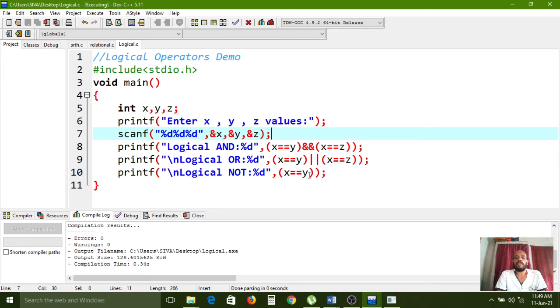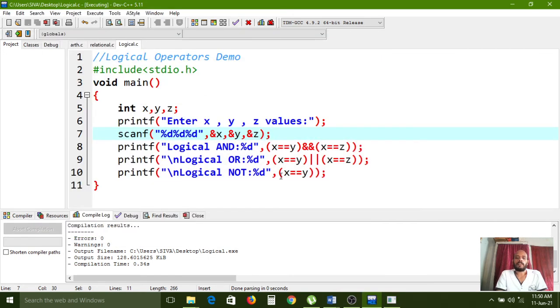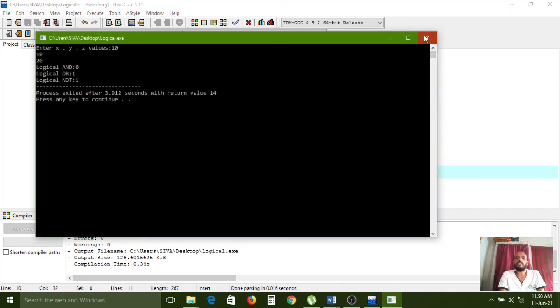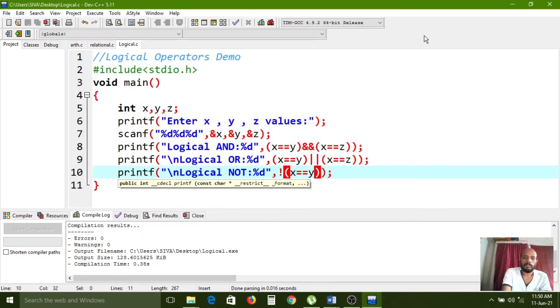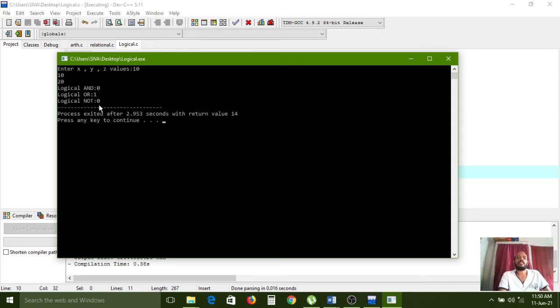The x value is 10 and the y value is 10, so 10 equal to 10 and the condition becomes true. That's why it has returned 1. Now I am using the logical not operator, so it prints reversely, nothing but a false statement. So the false statement is printed in the last line.